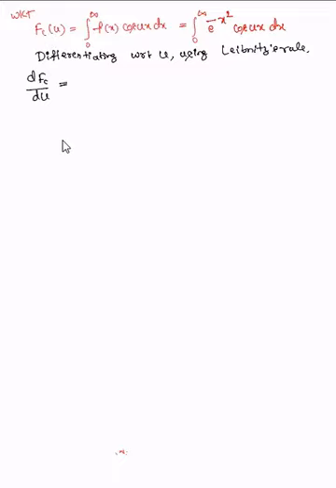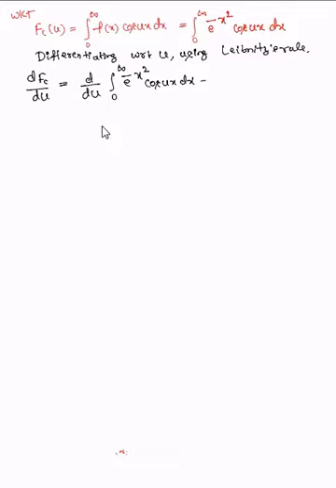It is d by du of integral 0 to infinity e power minus x square into cos ux into dx. So I'm taking the derivative. Now I'll apply the Leibniz rule. What does the Leibniz rule say? If I take this ordinary derivative inside the integral sign, this d becomes partial dou. I mean, I can interchange these two like this.